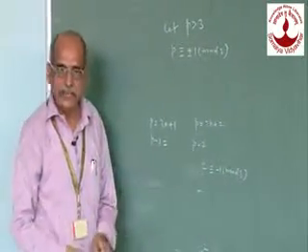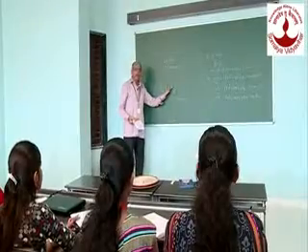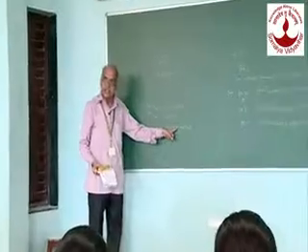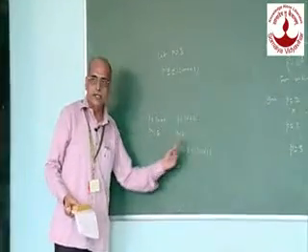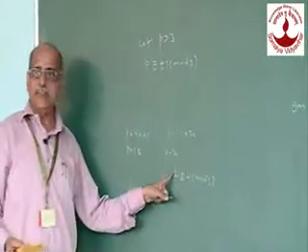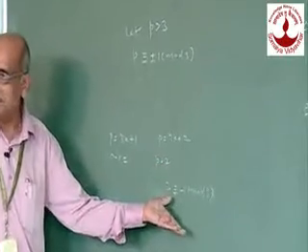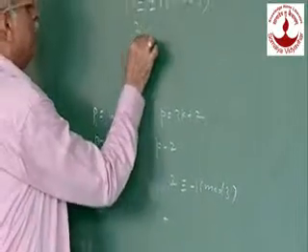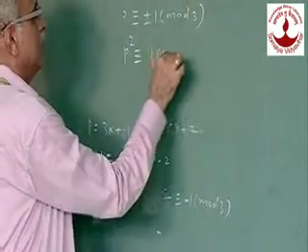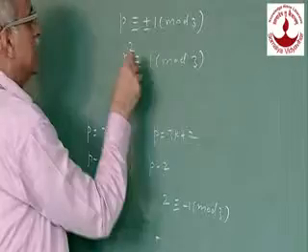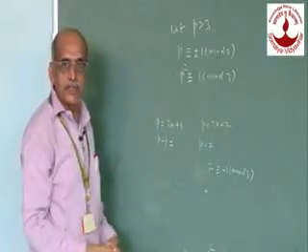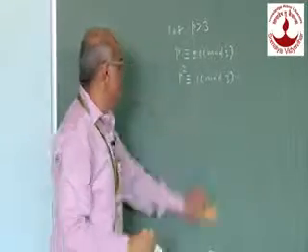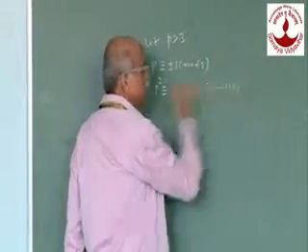See how it is modified. This you are aware of. And this 2 I replace by the congruent part, which is minus 1, because if I take the difference 2 minus of minus 1, that becomes plus 3, which is divisible by 3. That congruence is valid. And therefore p squared will be congruent to 1 modulo 3, squaring both sides. Square of plus or minus 1 is the same as plus 1. You call it statement number 1.